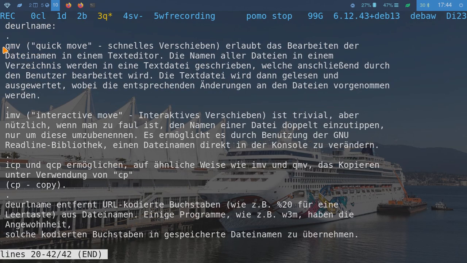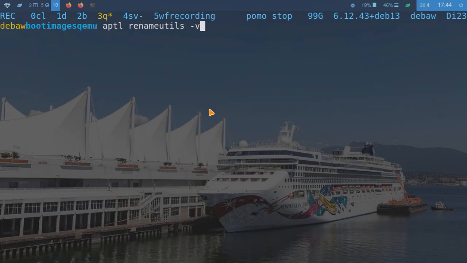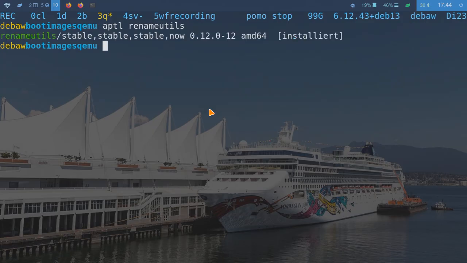I hadn't noticed the QMV before. This is an editor for the file name, I think. But this is not important. This is the package name, Renameutils, to install, and then you get the ICP, instant copy, and the